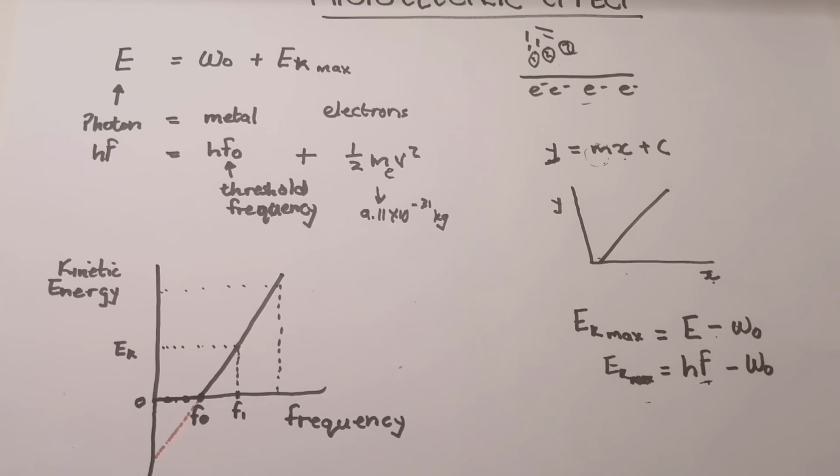It really typically doesn't exist because there's no such thing as negative kinetic energy, right? So now I want you to please note, we said at this point here, electrons are not moving, right? So electrons would still be stationary, okay? Only at the threshold frequency do we start seeing some movement, and after that, when the frequency is greater, the energy is greater, and therefore there's some movement happening